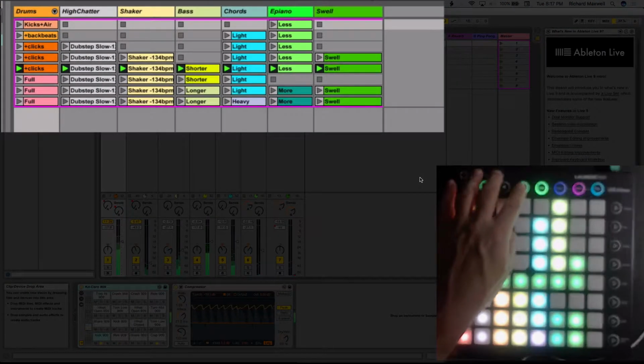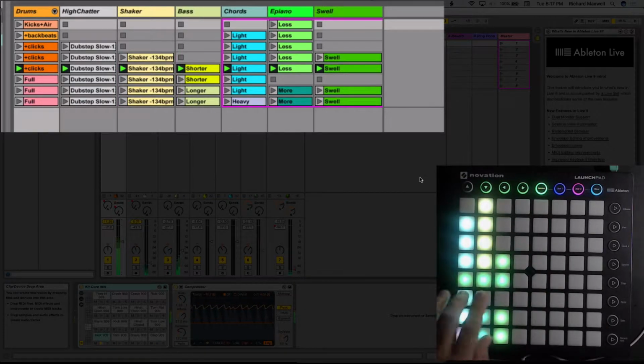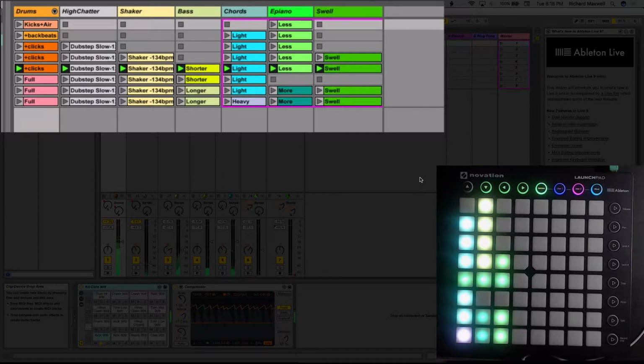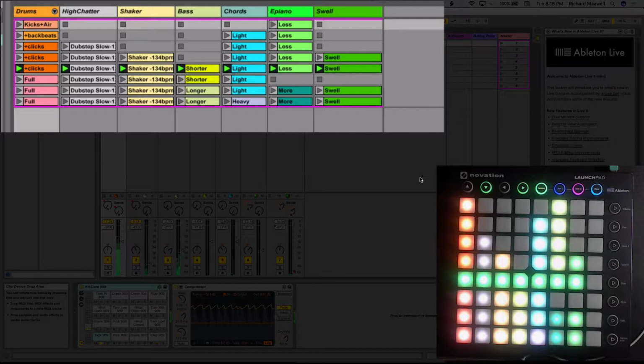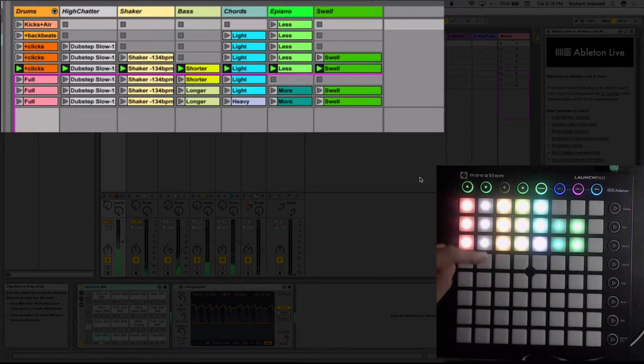So for example, if I start moving to the right, I am starting to get the ability to change which tracks I am focused on, and you'll notice the pink area up on the screen has changed as well, because the first 4 tracks are no longer on the Launchpad. So if I want to go back, I've got to go to the left, and now I've got all of them available. I can also do the same thing where I'm scrolling down, and you can see that I'm losing